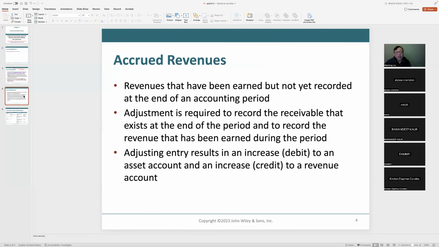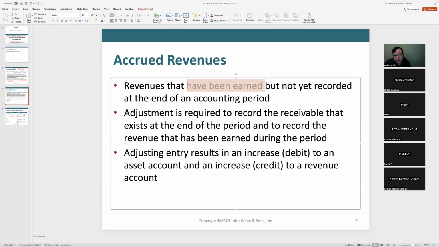Now accrued revenue. Accrued revenue: revenue has been earned but was not recorded at the end of the accounting period. So what should we do? Let's say